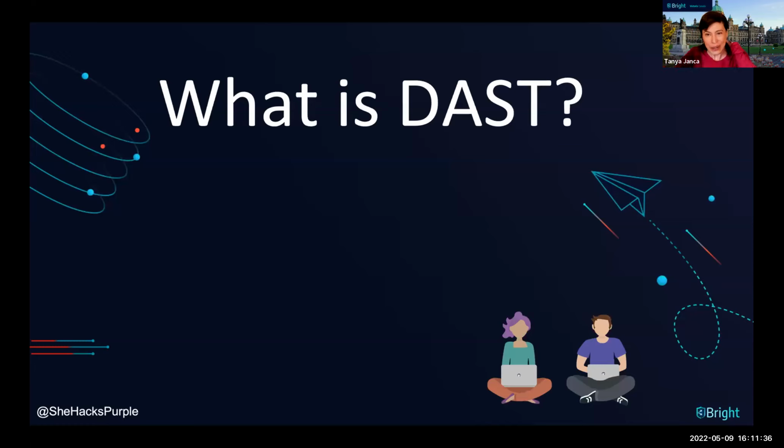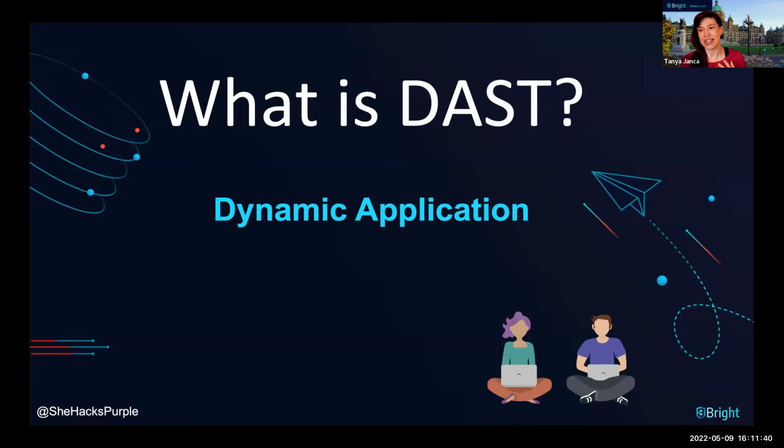Okay, so what is a dynamics? What do I mean by DAST? So DAST stands for Dynamic Application Security Testing. But basically what it means is it is dynamic, which means the app is moving and changing and doing things while it talks to it. Static means it just stays still. And so a static test would look at the written code. We're not looking at the written code. We're looking at what is on,